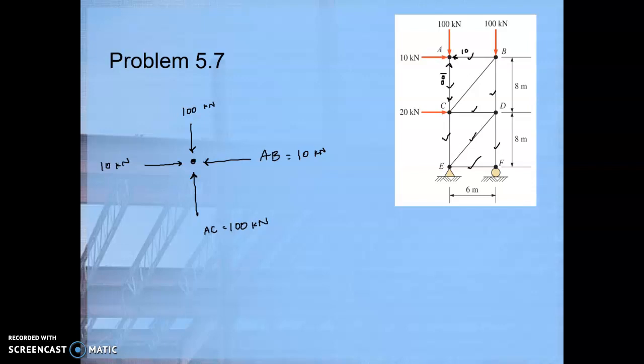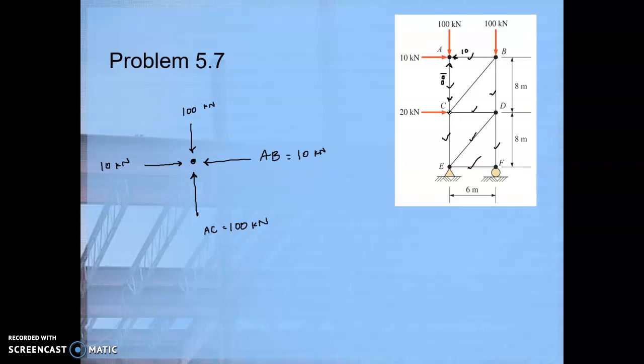Welcome back to this statics video in which we are solving the truss in problem 5.7 from the textbook. We are very nearly done with this truss. We have found all of the forces in all the truss members with the exception of one, this diagonal member between C and B, which means we either need to investigate joint B or joint C in order to complete